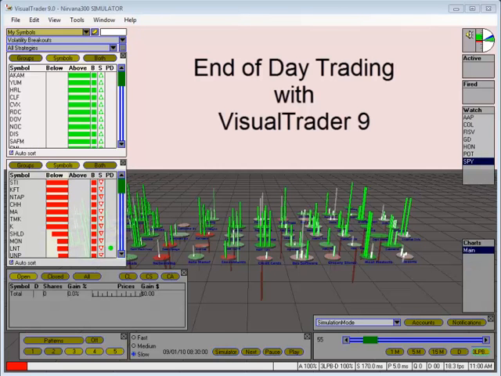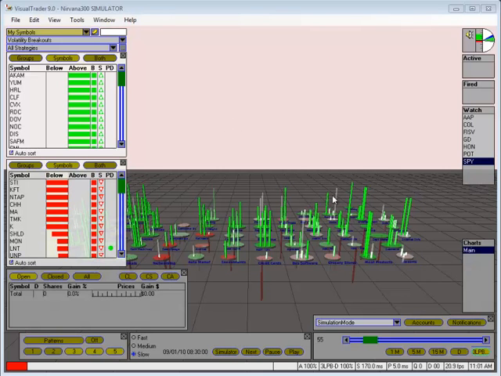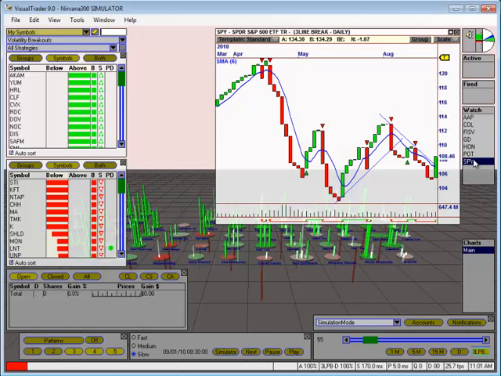Well, greetings and welcome to one of our quick examples of how VisualTrader 9 can help you beat the smart money in end-of-day trading. I'm in the VisualTrader simulator right now on September 1st, 2010, and I picked this date